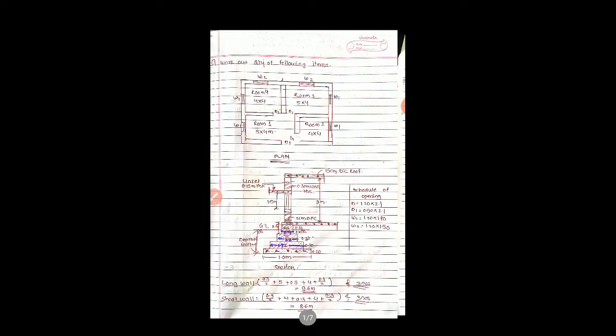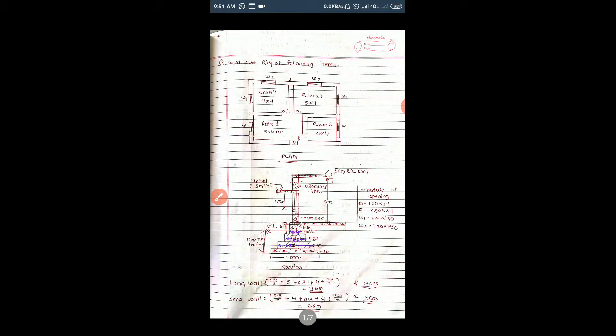So the first item is our earthwork, earthwork in excavation in foundation. We will calculate it for the length of the long wall separately, then for the short wall separately, and then we will add the two quantities together to get the total quantity of that particular item. In the long wall short wall method we have calculated this center to center length. Then for the long wall we will add the width of one footing.